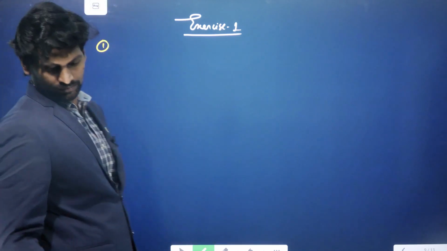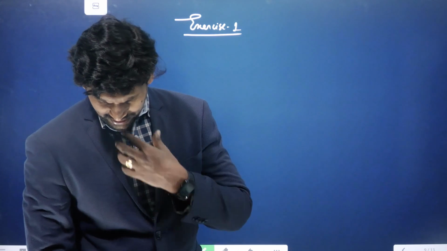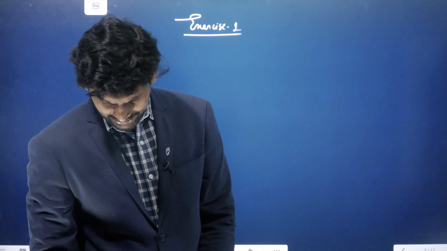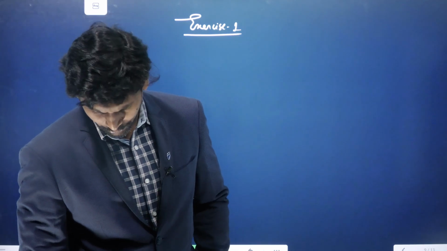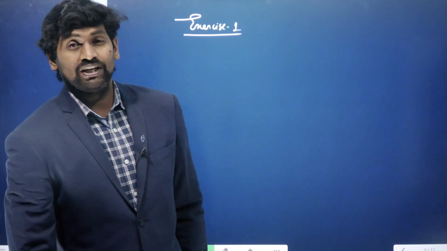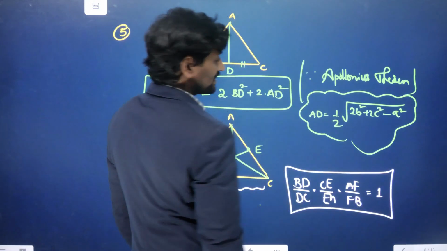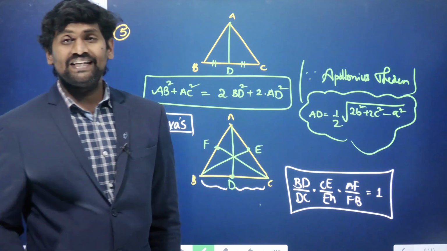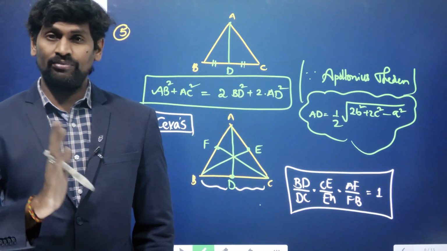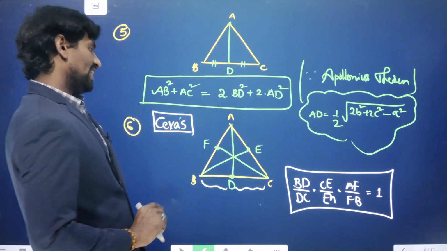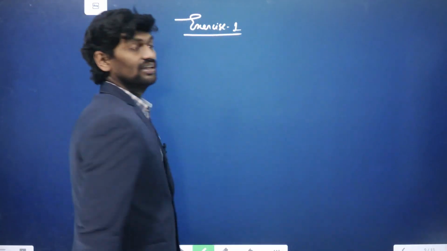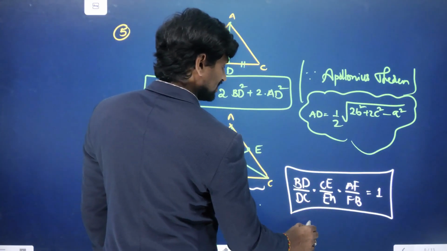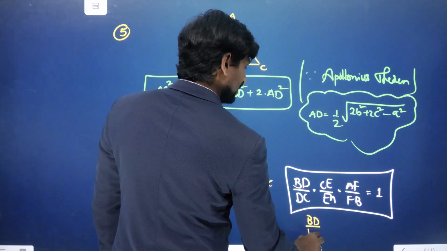See the first problem. If a transversal cuts the sides BC, CA, AB, suitably extended, of triangle ABC at points D, E, F. Previously, while discussing Ceva's theorem, we took CF, AD and BE as concurrent lines. We did not discuss medians here, but in the same diagram, if they are transversals, according to Menelaus's theorem, the statement will be BD by DC